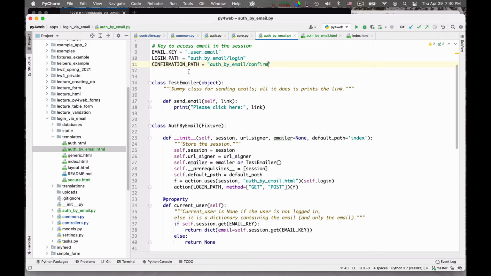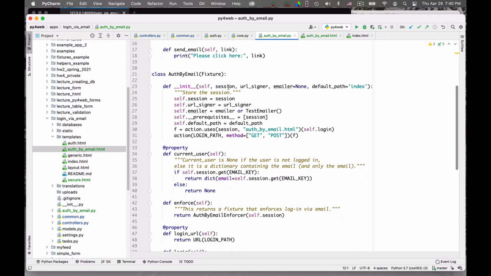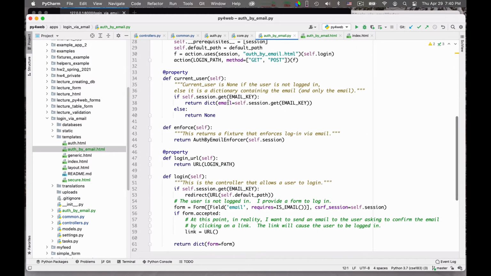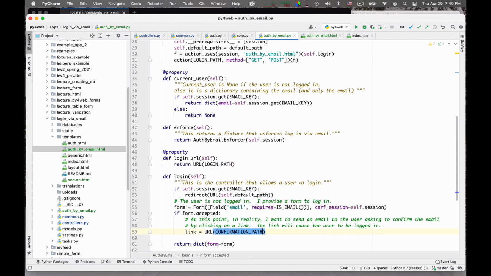So this can all be done better. For the moment, this could all be parameters and everything can be done in a more beautiful way, but this is enough for me to be able to test it. So this URL will be a URL to the confirmation path.